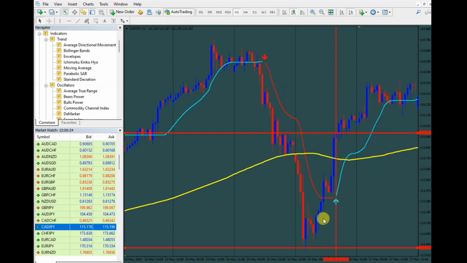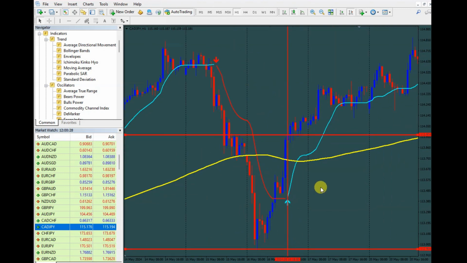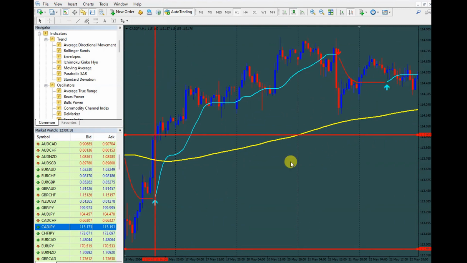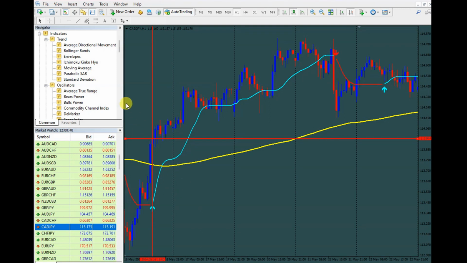So based on this stop loss, we decide what will be the calculation for our lot size. And as you can see here,